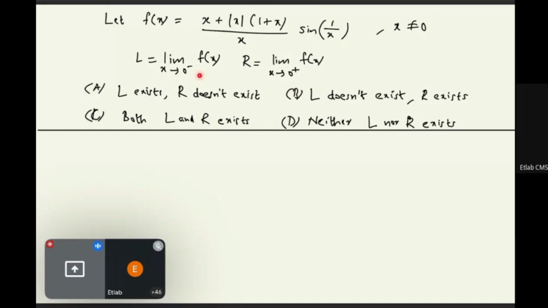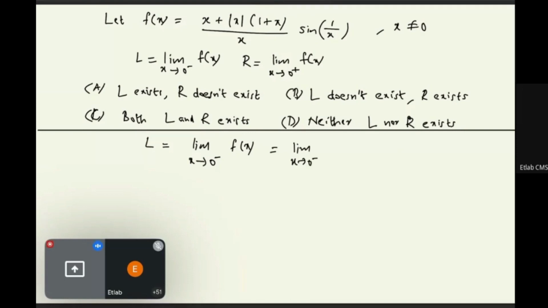So L is the left limit of f(x) at 0, so limit x tends to 0 minus f(x), and R is the right limit of f(x). The problem is to find whether L exists or not and R exists or not. That's the problem. So how do we approach problems like this? So we need L, right? So I will simply write L, which is the left limit, x tending to 0 minus f(x), which is,